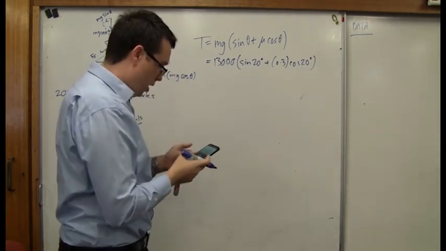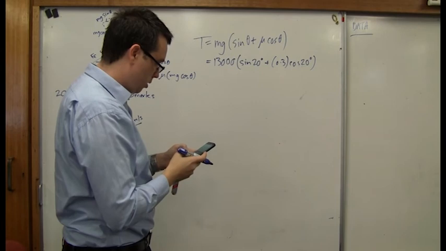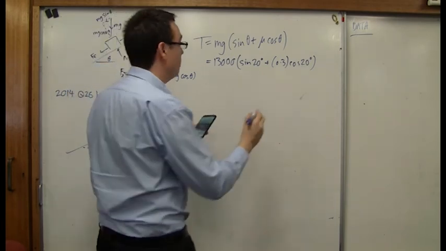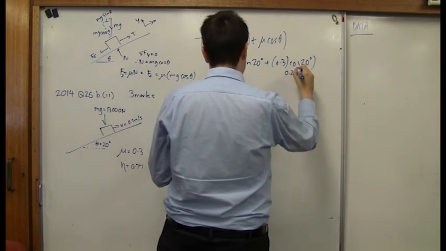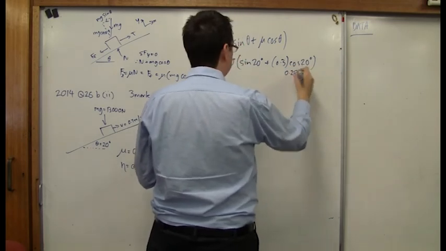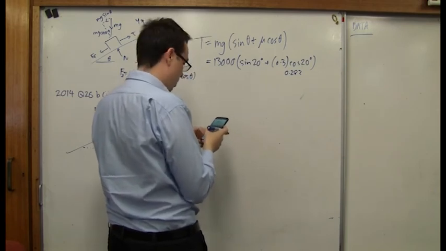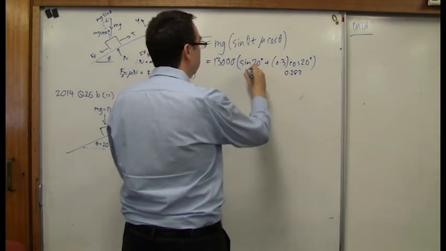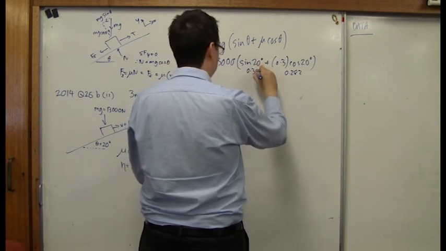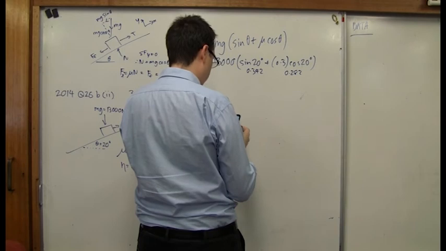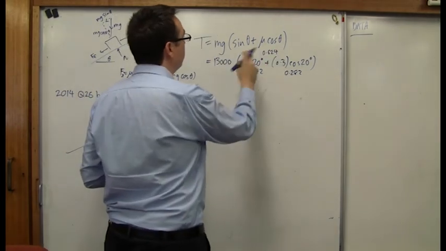So 0.3 cos 20 degrees equals 0.282. Then I clear and do sine 20, which is 0.342. If I add those two numbers together, I'm going to do plus answer, equals, 1300 times